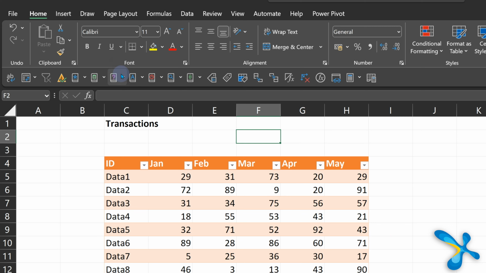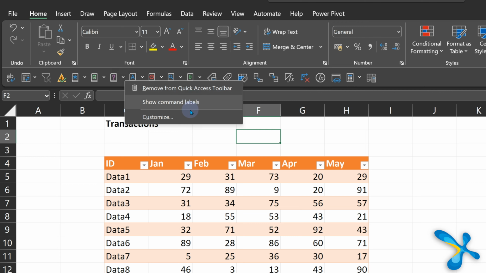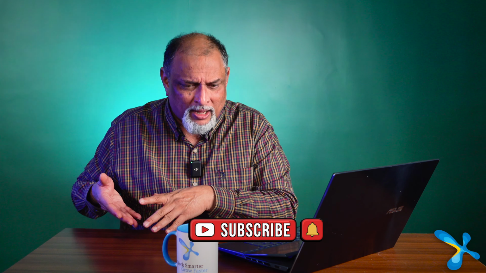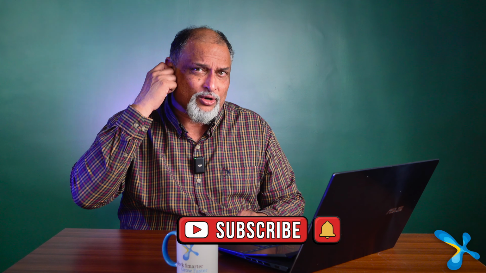How do you do that? Again customize, quick access toolbar, and then there is a reorder option. So just select the button, up arrow, down arrow. Logically this should have been draggable, but unfortunately it is not draggable. Although up down arrow can be used to rearrange icons, it's difficult when you have a long list because something right at the bottom, I want to move right at the top, it's going to require me to do up, up, up so many times.